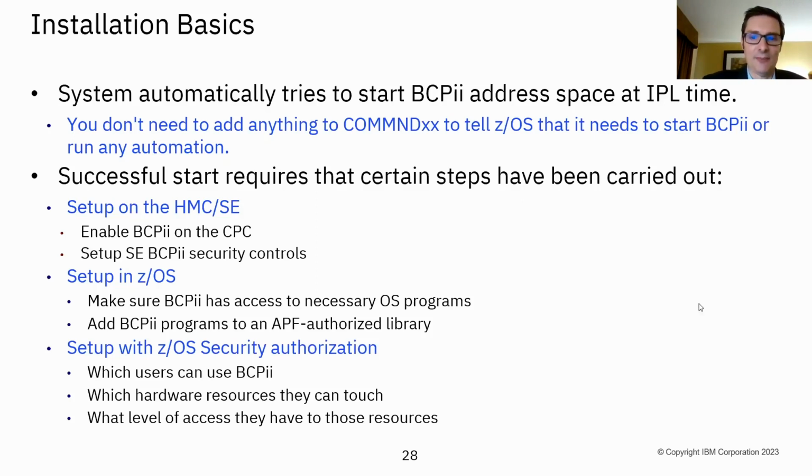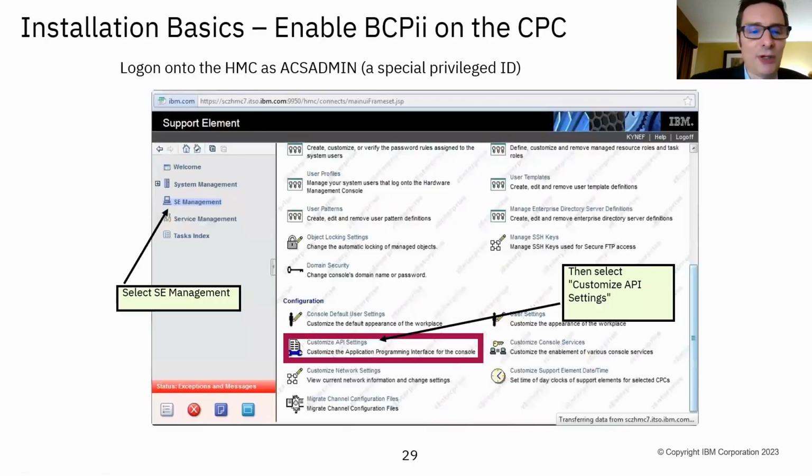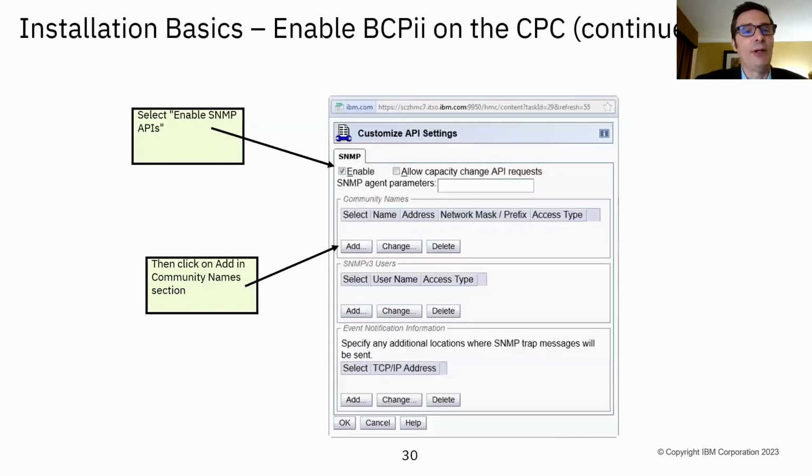Okay, let's continue. So this is just a simple screenshot of what it looks like. The first thing I do from the hardware perspective is go into customize API settings. You usually require a special authority on the SE in order to be able to visualize this customized API settings interface. And when you go into customize API, like ACS admin, for example, you're going to have to click on and check the box